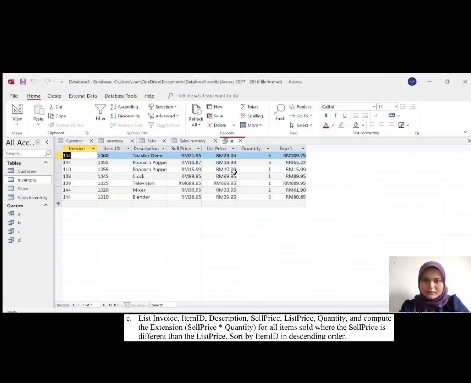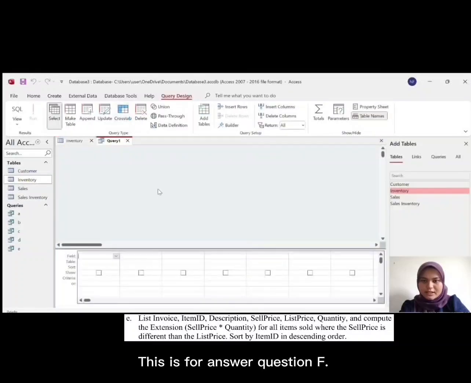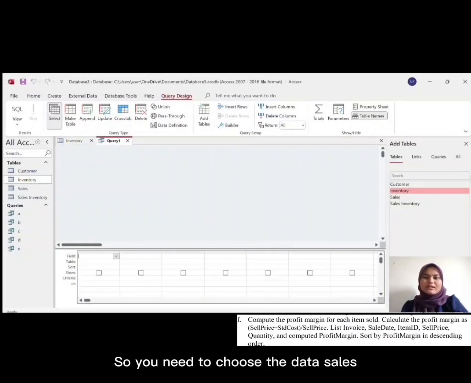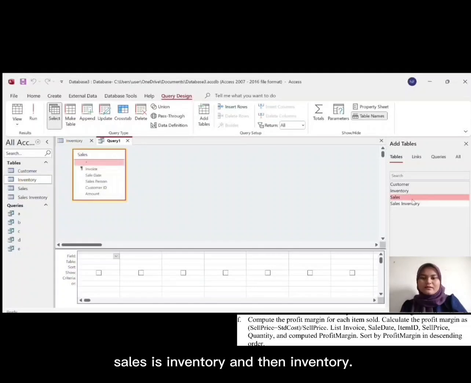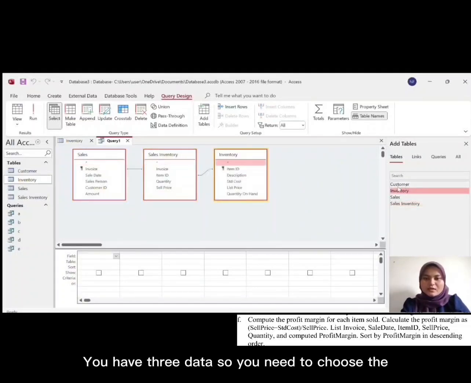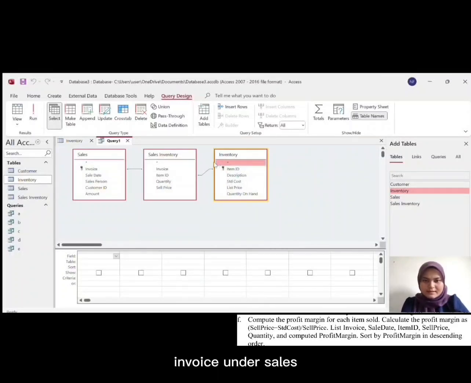Okay, so you go create, and then this is for question F. So you need to choose the data sales inventory, and then inventory. You have 3 data, so you need to choose the invoice under sales.